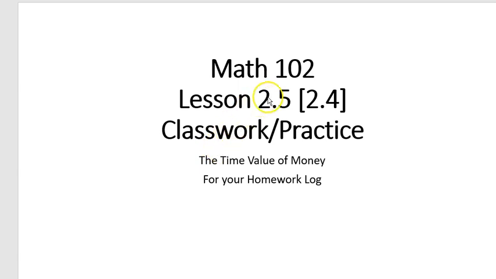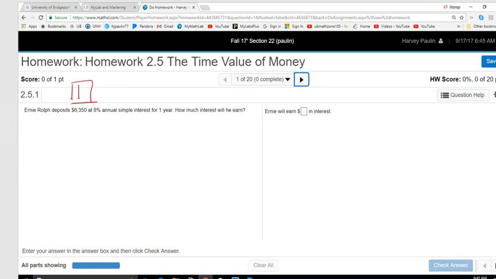Now, in this lesson that is in our text 2.5, we're calling 2.4, that is the last section of Unit 2, and it's the time value of money. Now, a lot of this relates to what we did in the last section, and we will develop hopefully a nice list of formulas for you. So as we read this one,